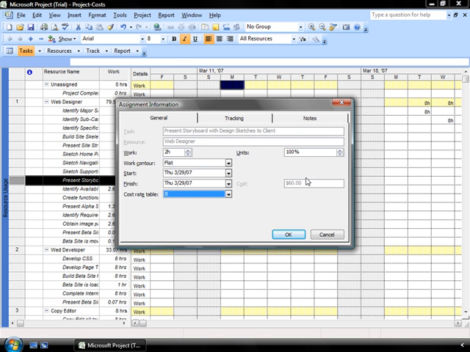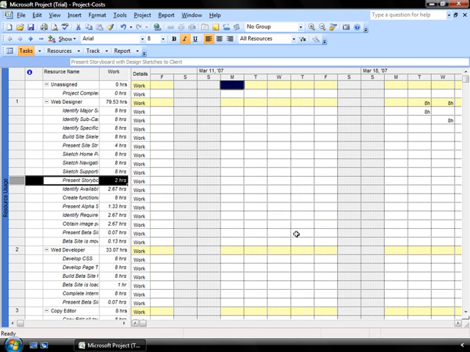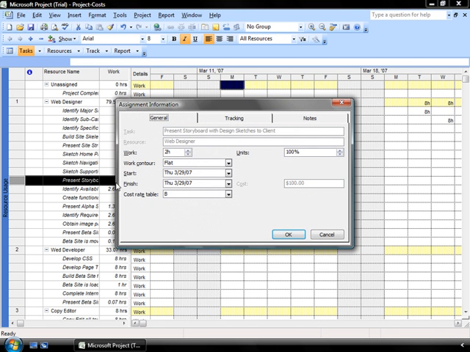We'll take a look at the original amount was going to be $60 to do that particular presentation under his old rates. If I click OK to now assign rate plan number B, go back in there, I now see that my cost has been updated to reflect the $50 an hour rate that I'm prepared to pay that particular individual. So you can see that there are nice ways that you can update and increase and nuance the costs per task, per resource.